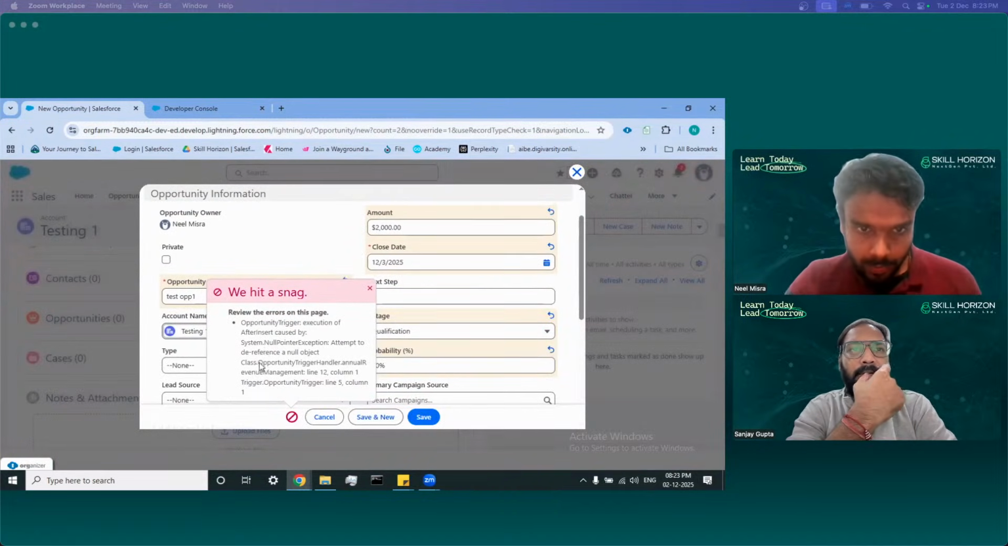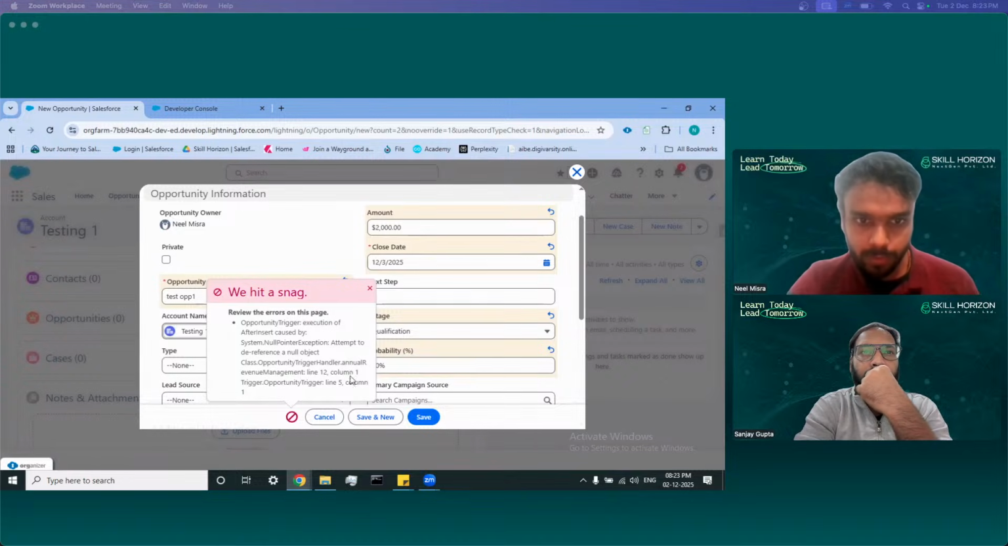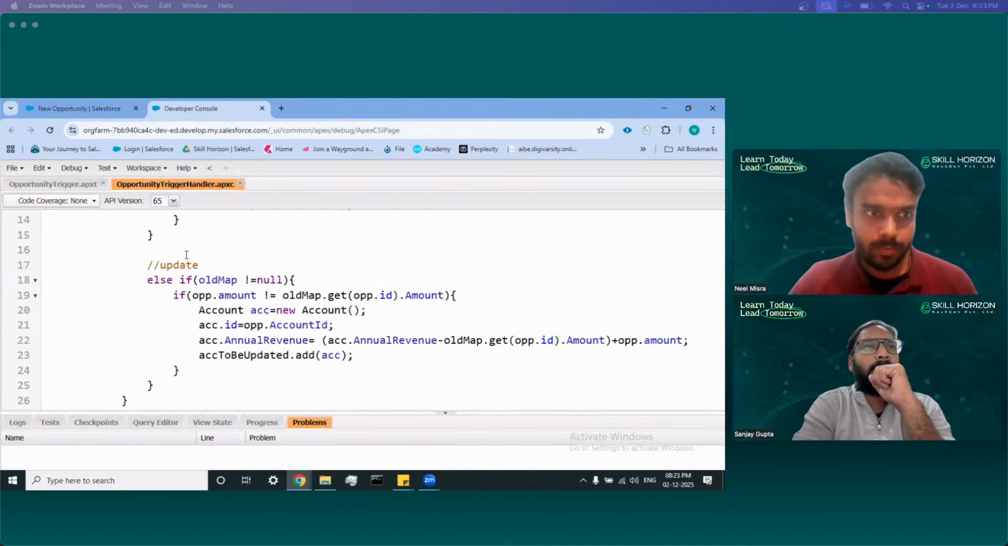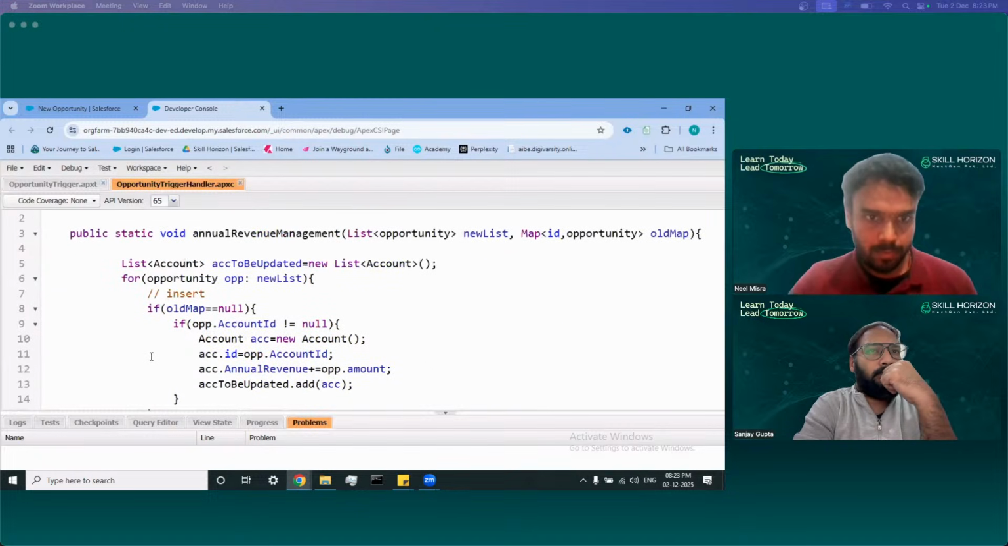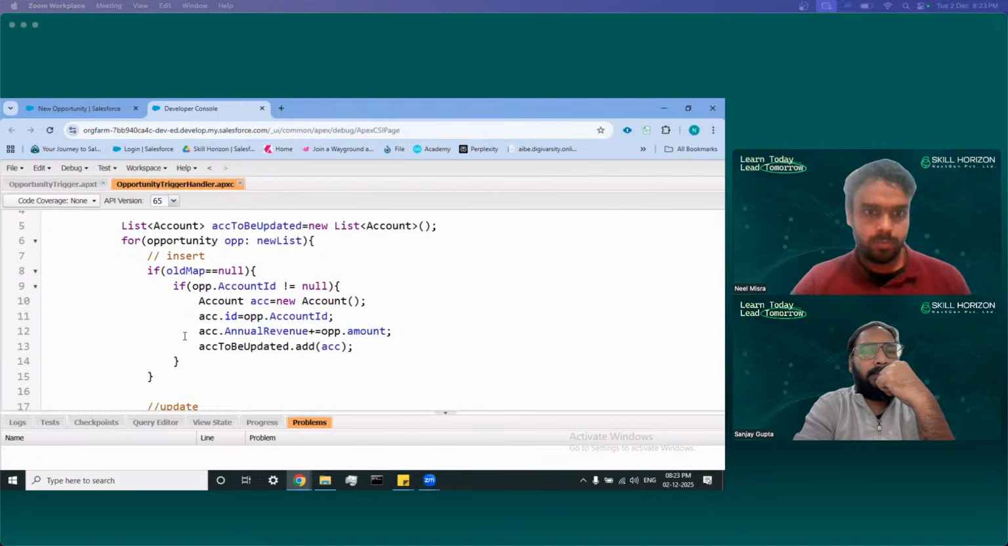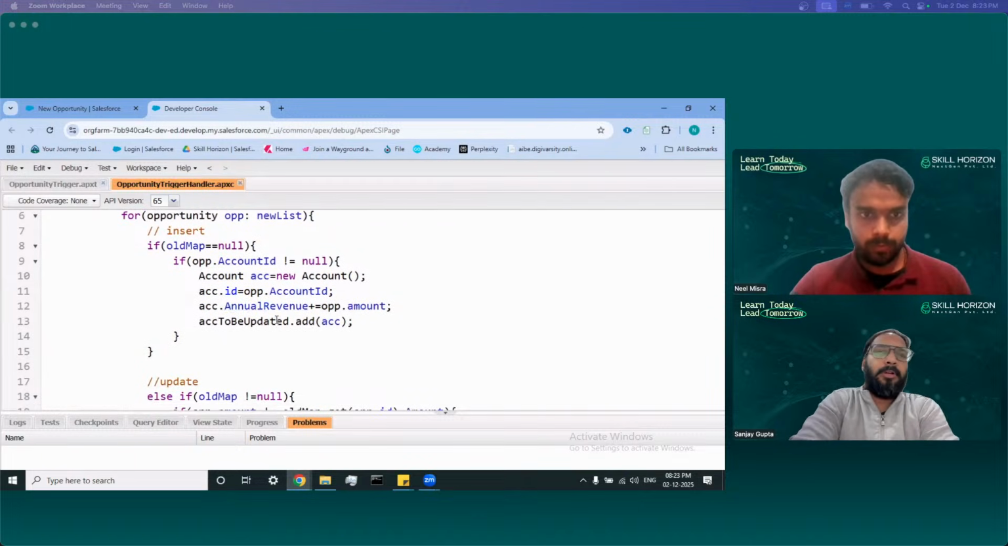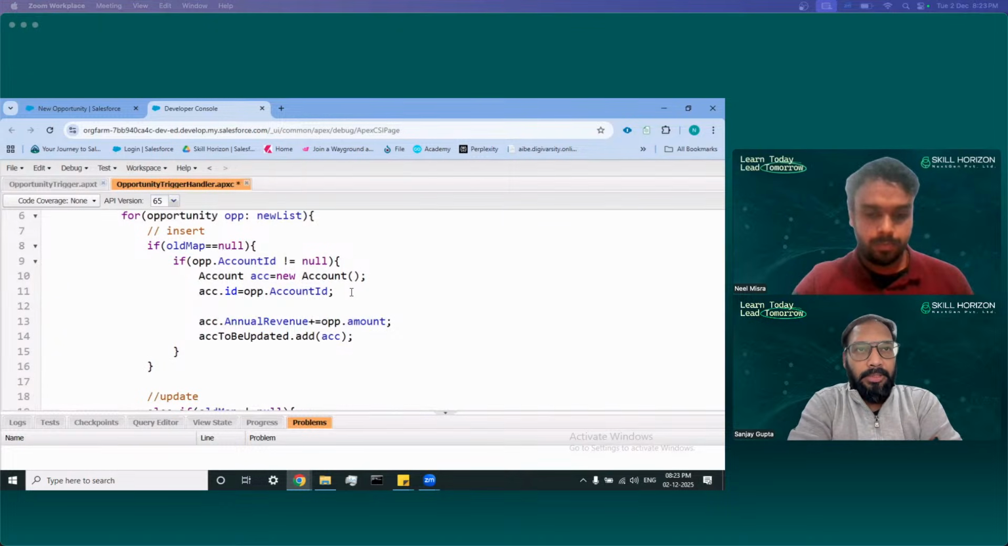Just read the error carefully. It is showing line numbers as well, like on which line number it is. Line 12, column 1, in the annual revenue management. So line 12, go to the method and line 12. Yeah, here you are adding the amount. So basically, here we can apply a null check, because if amount or annual revenue is null, then if you include, so you can just,